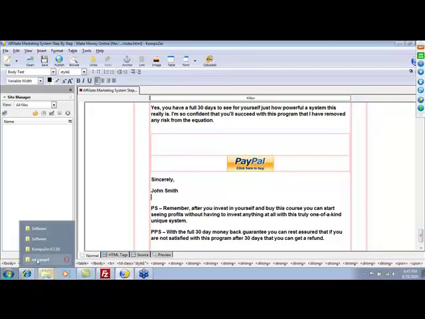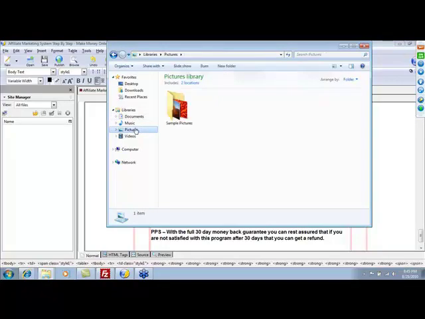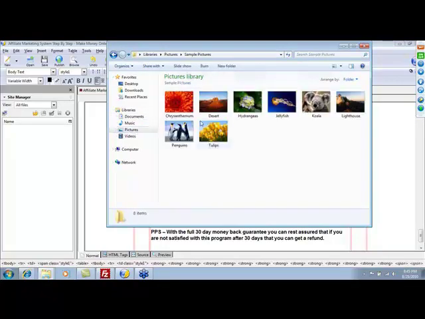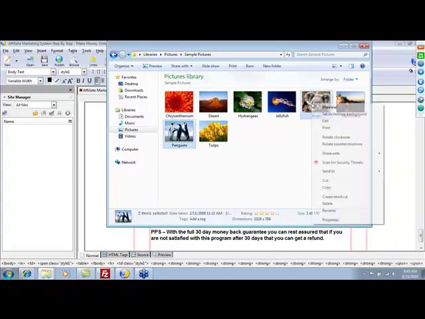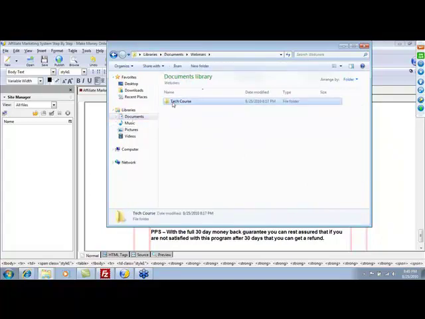the images that you're pulling from, like for example, this is my sales page folder. If I'm going to be using those images that I've pulled just off my computer from maybe my pictures folder, it would be best for me to put these pictures here and move them to the directory that I'm working from. So I'm going to go here, and it would make a lot of sense for me to put it into this particular folder, because the reason is that it's going to be pulling those images from your computer,